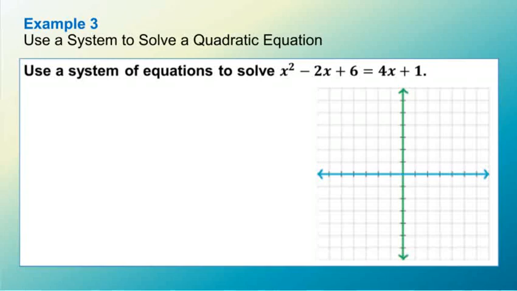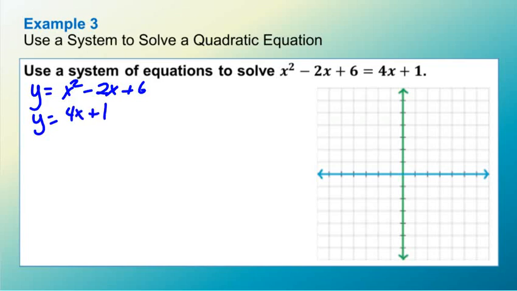Our next example is use a system to solve a quadratic equation. So here, if we need to graph them, we can graph them. Otherwise, we could use substitution and elimination for these. So for this one, we'll write our two equations. We have y equals x squared minus 2x plus 6, and we have y equals 4x plus 1. Now you could graph each one of those separately and find out where they meet. I think for this one I'm going to